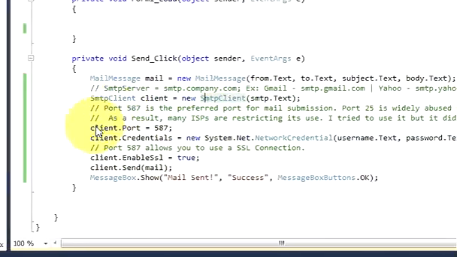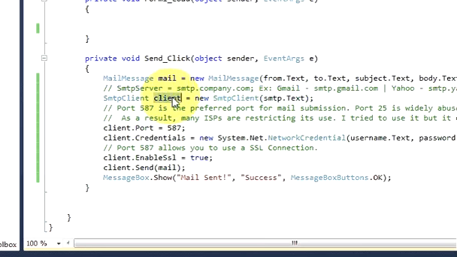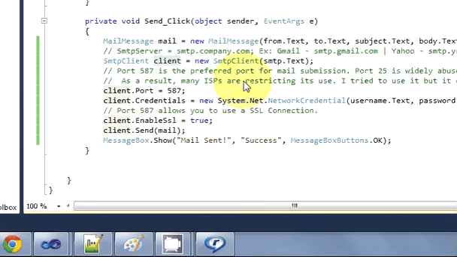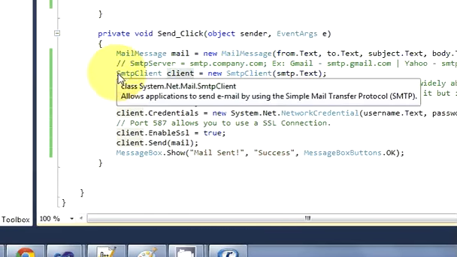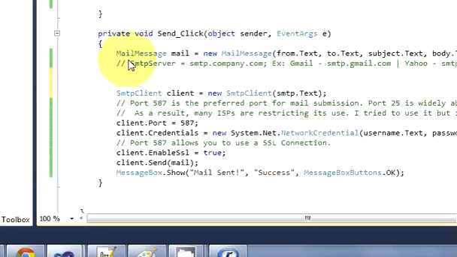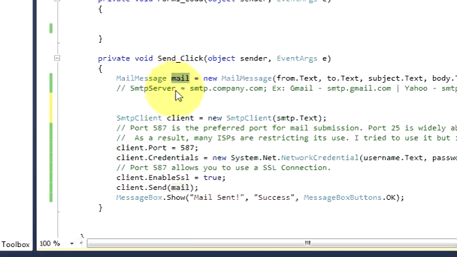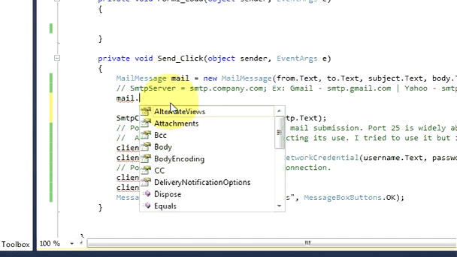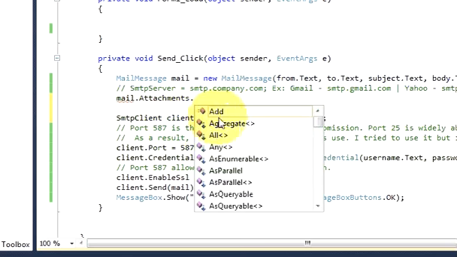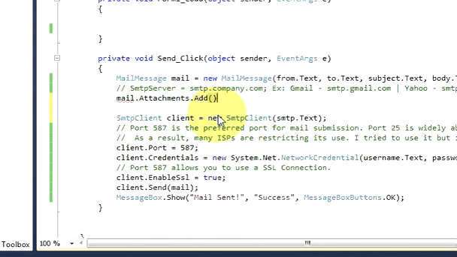In this code, just after the declaration of this mail message variable, which is mail in our case, I will copy it, and after this declaration I will paste this mail, and I will add dot Attachments dot Add, with brackets, and in this bracket what I will do is